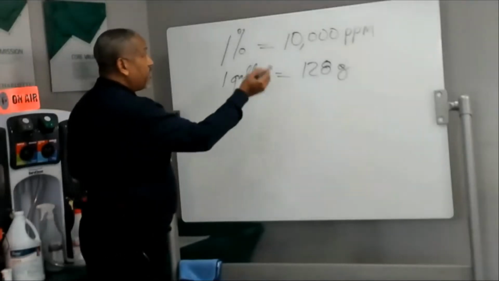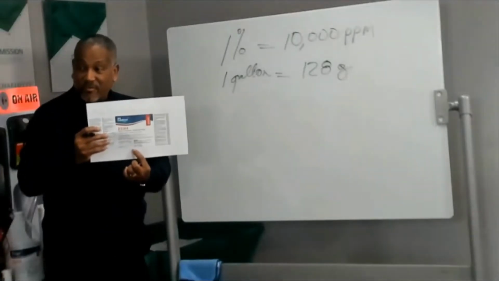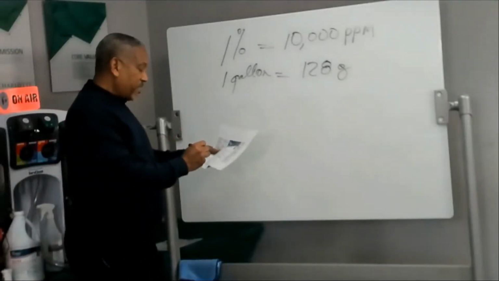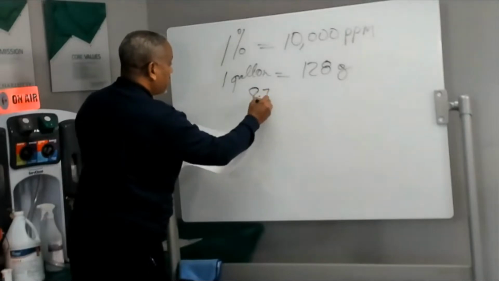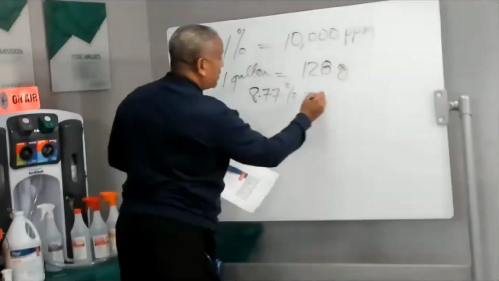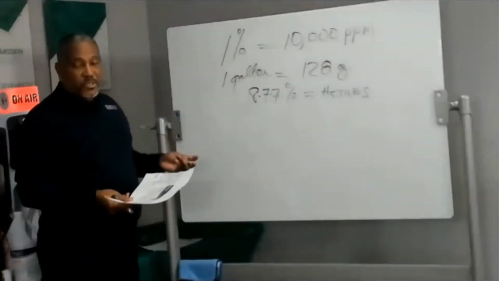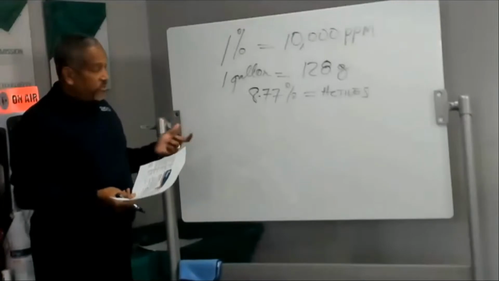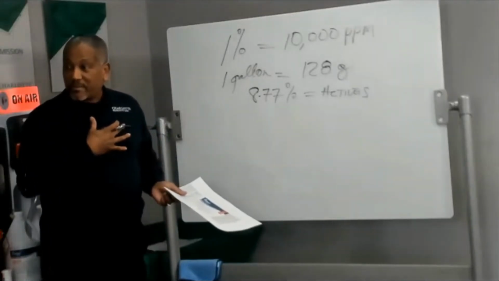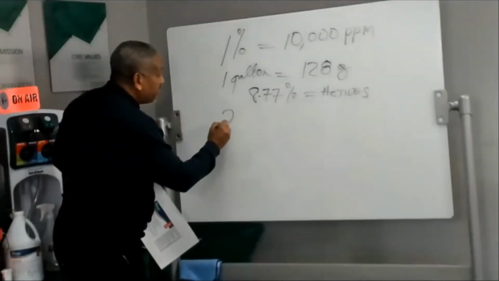So 2 ounces per gallon, we know for sure that the active ingredients are on this list. In this case with ES364, if you look at the active ingredients on that list and add them up, you get 8.77%. That's the active ingredients. The rest, the 91+%, would be considered inert ingredients. That's the concentrate bottle, the way it comes from Charlotte Products. Now, if the use directions for disinfection tell you that you need 2 ounces per gallon,